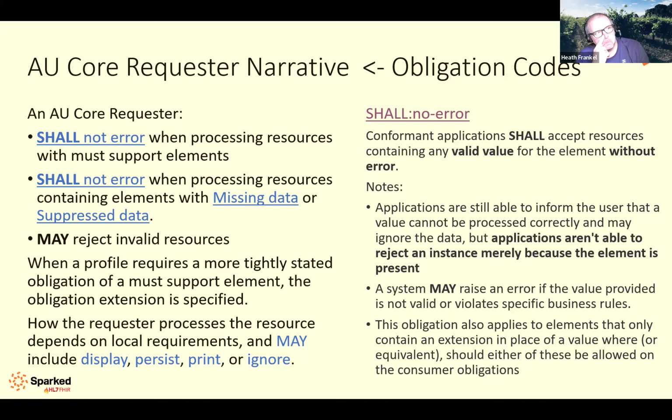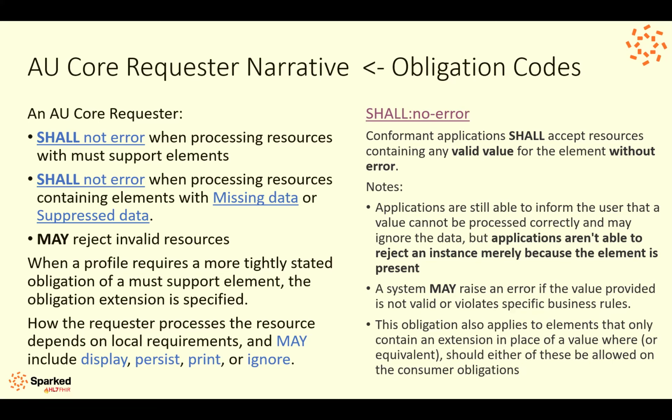Richard? I like the thrust of what it's doing. I wonder, do we know how well or how nastily it plays out in derived profiles? Because hopefully that won't be too tricky. So derived profile, just like we do, so let's think vital signs, for example. In AU core, we pick up the body weight, right? That means we pick up the fact that something is flagged must support, but we don't actually pick up the